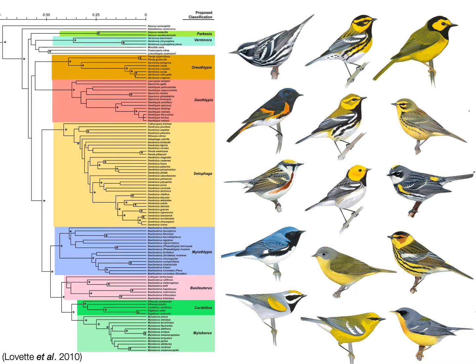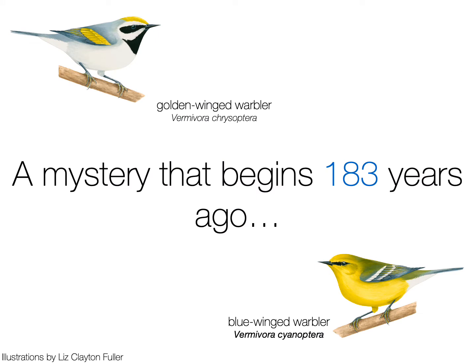The extent of plumage variation in this group has led people to hypothesize that plumage is potentially involved in the diversification of the group. You can see, too, that certain different species share plumage patches, like the black throat, which you can see on a number of species pictured here. Obviously, understanding the genetic basis of these plumage differences might help us further clarify the evolutionary history of the group. We've been working in a hybridizing pair of wood warblers to try and understand the genetic basis of plumage variation. A really fun aspect of this project